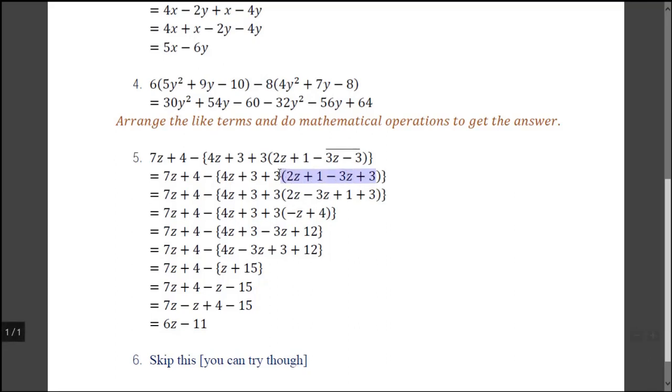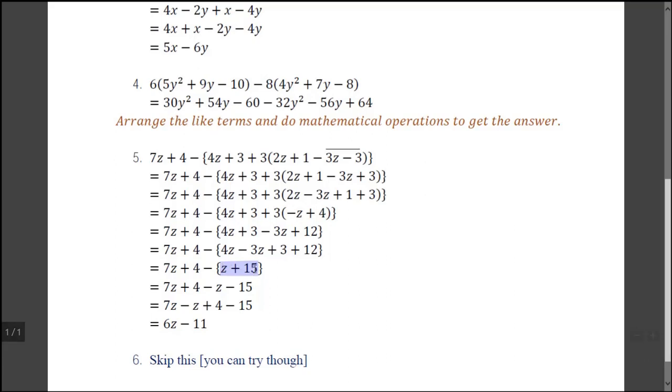Now here you have to perform the mathematical operation. Simply you can solve directly, or you first bring all the like terms together and perform the mathematical operation to get the answer: minus z plus 4. Now after reaching this step, you have to multiply this 3 with minus z and plus 4. So plus into minus, minus 3z, plus into plus, it will be plus. So 3 4s are 12. Now in this step also, you have to perform the mathematical operation, just to get your answer as z plus 15.